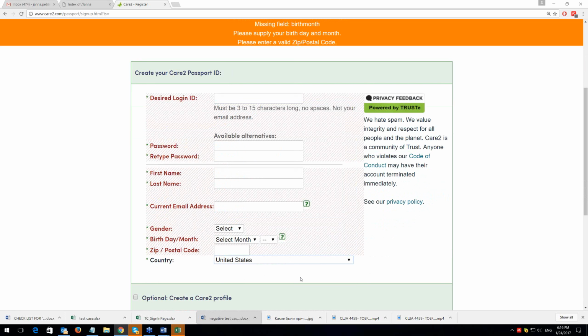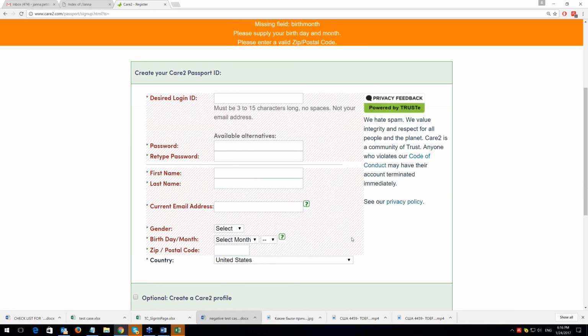What I try to say here is that not necessarily do we create 1, 2, 3, 4, 5, 6, 7, 8, 9 test cases for the blank fields.